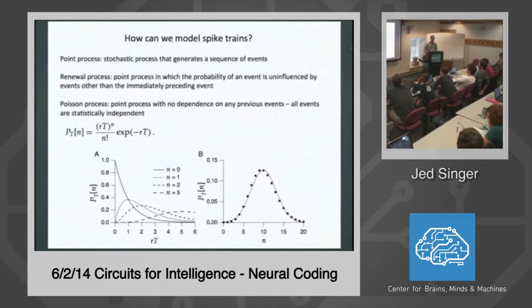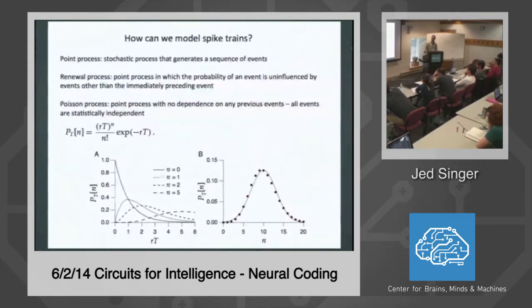So I understand, how can the probability be 1 when n is 0? You're talking about here? Yeah. So if your rate parameter times time is 0, that means that either your rate is 0, so you'll never fire any spikes, or your time window is 0, so it's an infinitely small window which has room for no spikes. So in this case, you'll always see 0 spikes, and the solid curve traces out the probability for seeing 0 spikes,